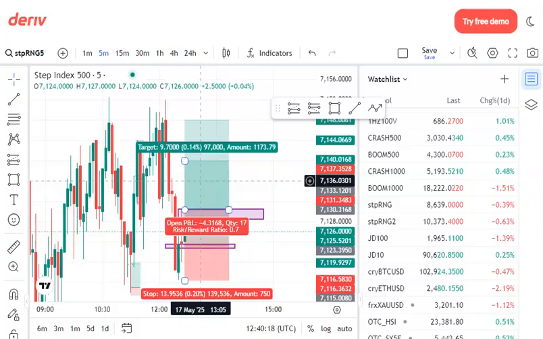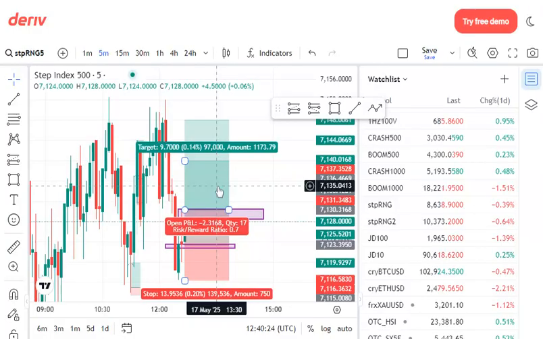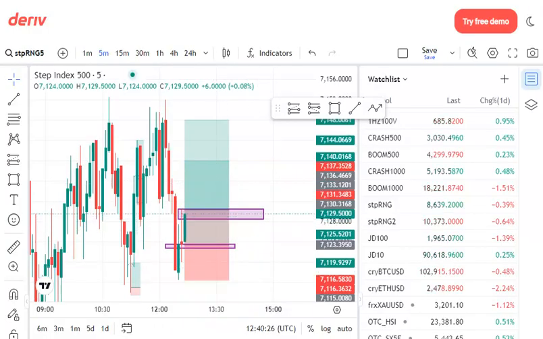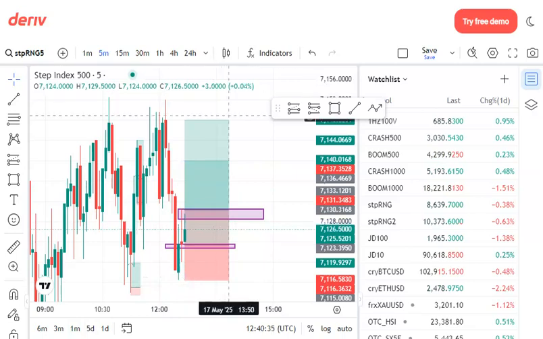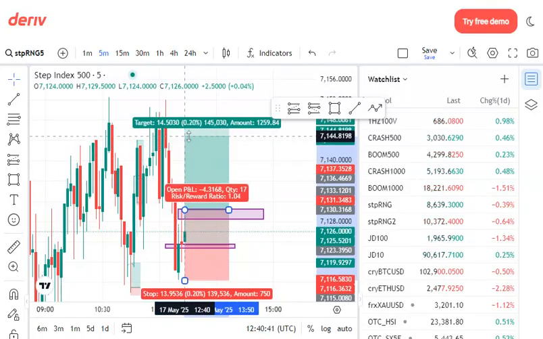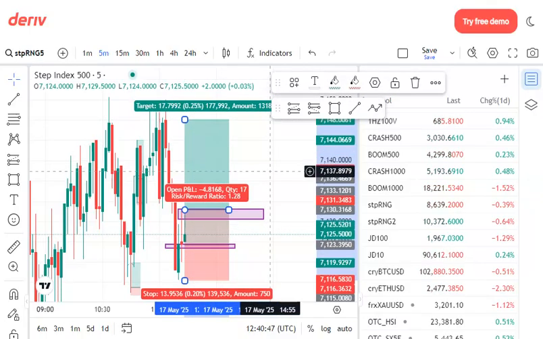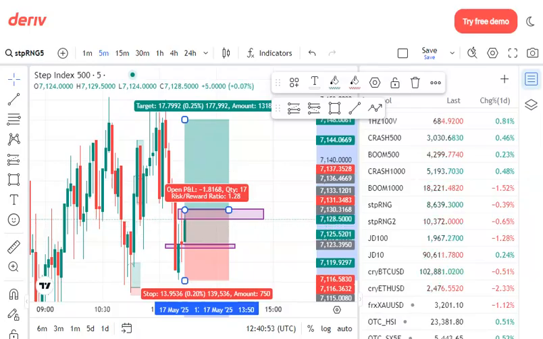went from $6 to $13. How many dollars is it? $13. So let's say $6 minus $13. So that's another seven extra dollars we risked in this market. And of course, our take profit is going to remain at the same level. So it means we're going to be risking $7 to make $17 as you can see here.